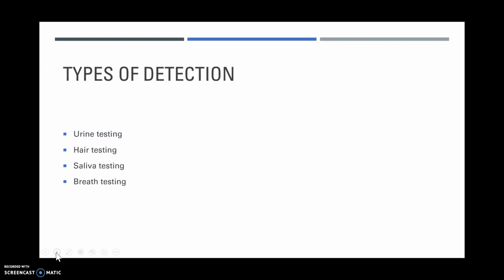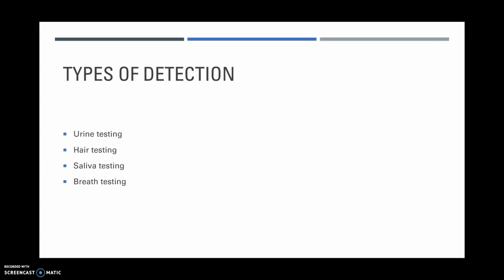Finally, the different types of drug detection. Urine testing is the most effective type. A urine test can detect a substance in the body within the past 3 days. It detects for metabolites, which are created when things are metabolized in the body. The second is a hair test. This is the most effective, and it can detect a substance in the body within the past 90 days. It uses radioimmunoassay, which detects specific proteins for each drug or illegal substance to detect how much and which substance was